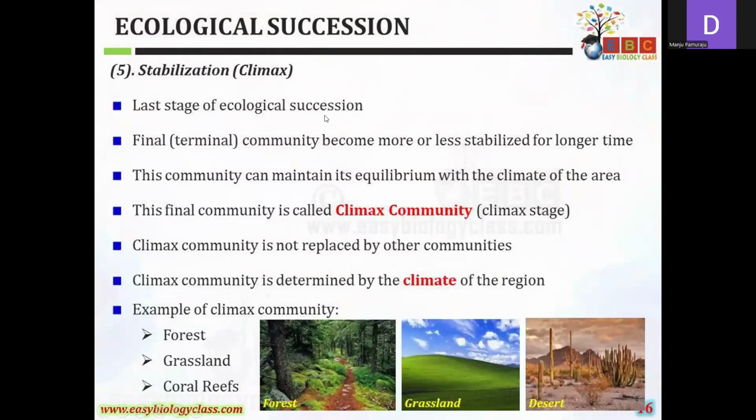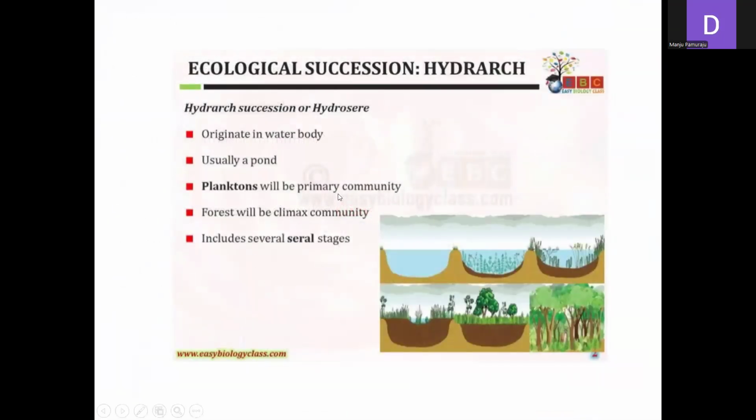The last stage of ecological succession is the stabilization, or formation of the climax community. The final community becomes more or less stabilized for a longer time. After the climax community, it is stable and cannot be replaced by another community. This community can maintain its equilibrium with the climate of the area, so it is called the climax community or climax stage. The climax community is determined by the climate of the region. For example, the climax community of a forest, grassland and coral reef. So it varies. So this is about the